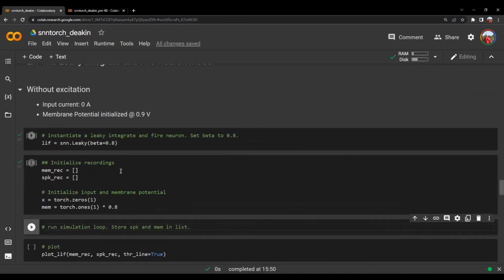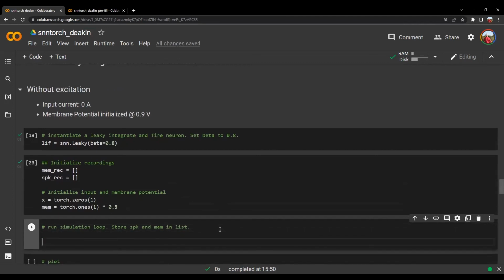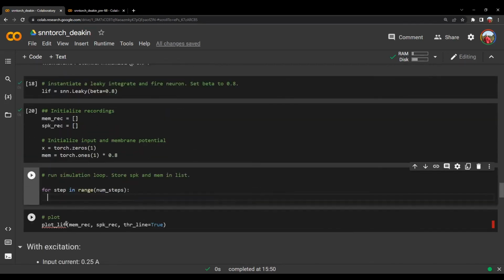And let's see if I can remember how to code this together. So if I did it once, if I need to loop around this, I use a for loop: for step in range(num_steps). This means that we're just iterating over the same block of code over and over again. So what happens here? The output of my spiking neuron is going to be two things: membrane potential and